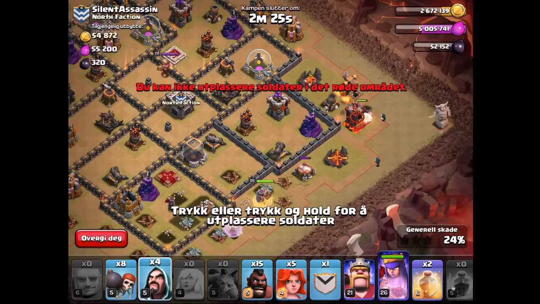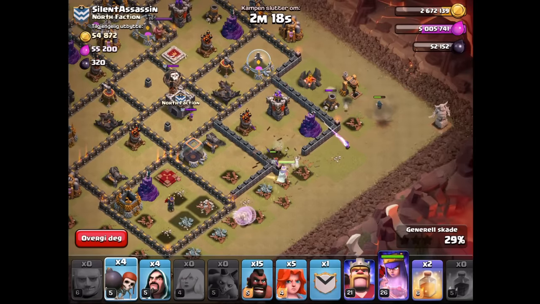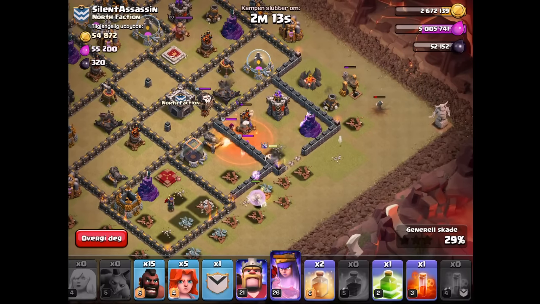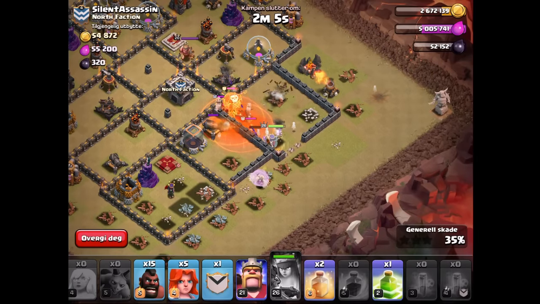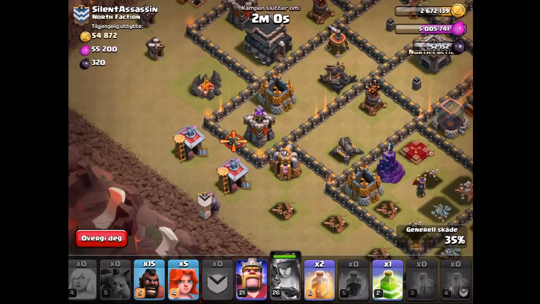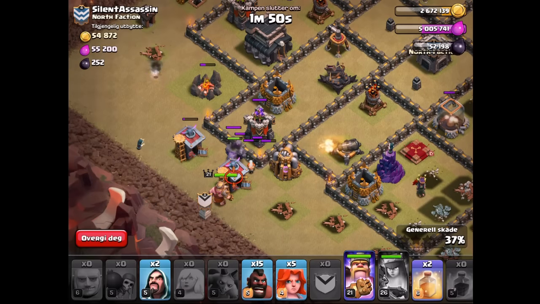Giant down, wizard, Tesla, wall breaker 1 and 3. There we go. She's now going in. She will get the CC pull. Here it is. Poison. Ability. The second poison didn't drop. Okay, while that's happening, golem over here, wizard 1, 2, wall breaker 1, 1, 2, 3, king,